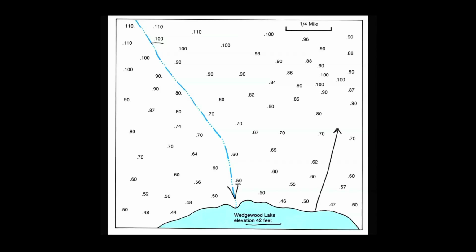Another thing that I see right away on the map is this little cluster of points over in this area that is a bit different than the other points. I've got several 100-foot elevations and a few 90-foot elevations, but they're surrounded by lower elevations on either side. This suggests that there might be a hilltop in that area. So I'm going to be careful when I draw my contour lines in that area. So let's erase what we've put down here, and let's start off drawing some contour lines.